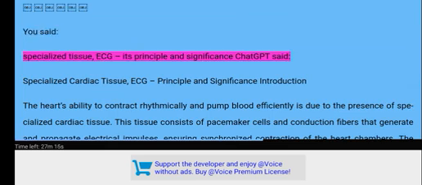You said: Specialized tissue, ECG, its principle and significance. ChatGPT said: